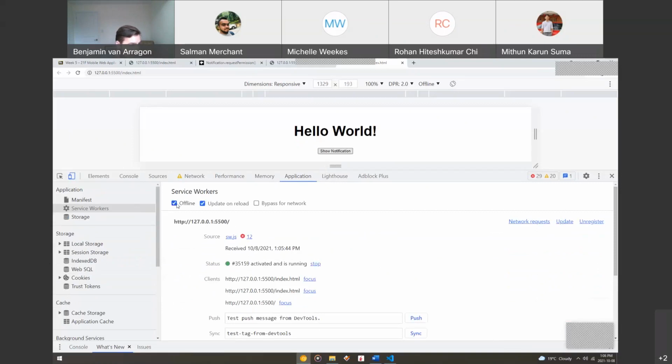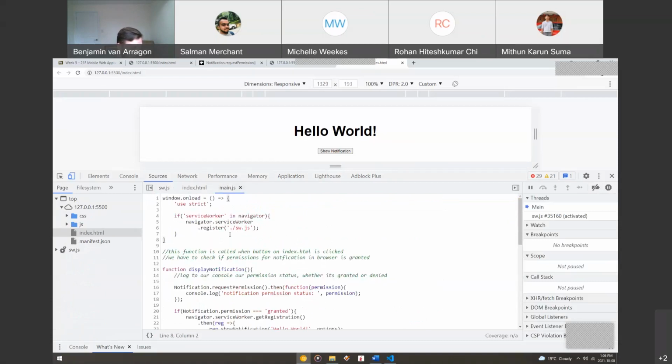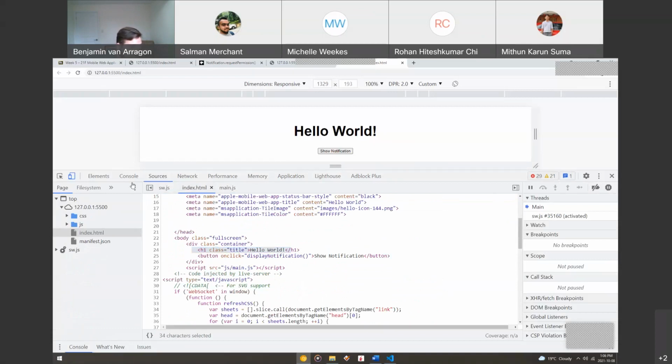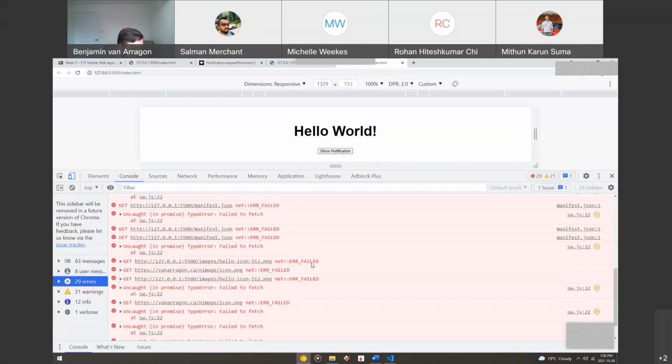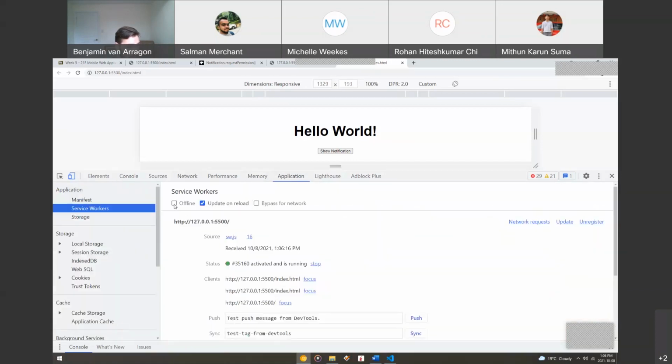If I update this. Let me just check the code to make sure it's referencing sw.js, main.js. It is referencing the image, so that's good. Badge. Apparently I've got 29 errors on my... Unknown error occurred. Request unavailable in the network panel. Yeah, that's because I turned my network offline. But if I refresh this,